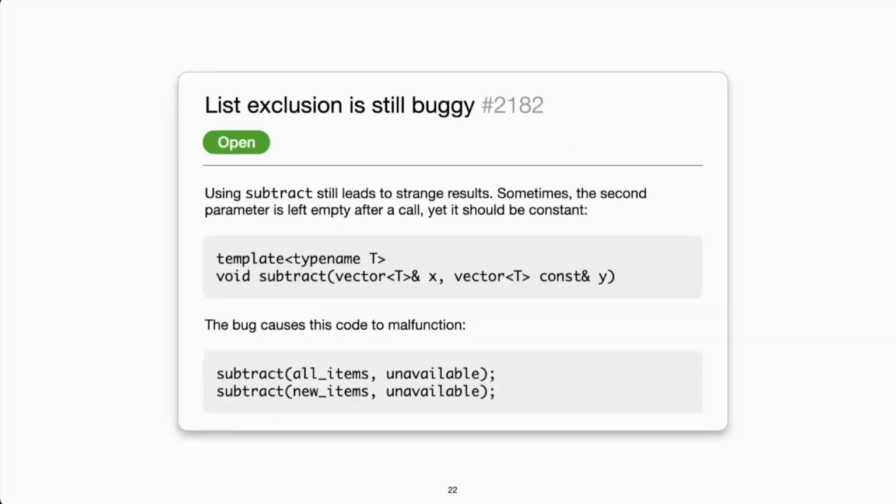The problem is that, to your surprise, you find another issue still complaining about your subtract method. I'm guessing that you're starting to regret taking on this task, right? But anyway, once again, you have a pretty good idea of what's causing the issue. Indeed, if all items happens to be the same reference as unavailable, then calling your method will clear the latter. It's the same problem as before, really. It's just shared mutation, but this time it's not really your function to blame.